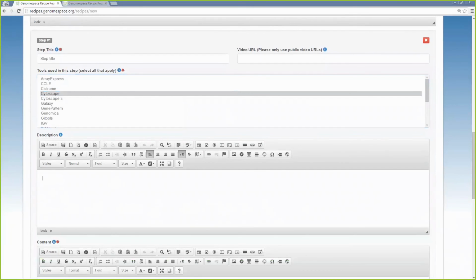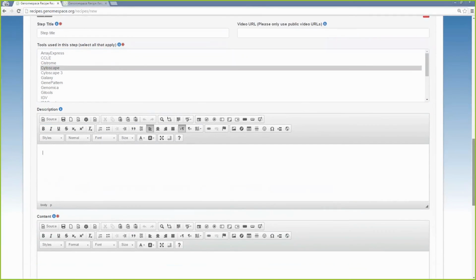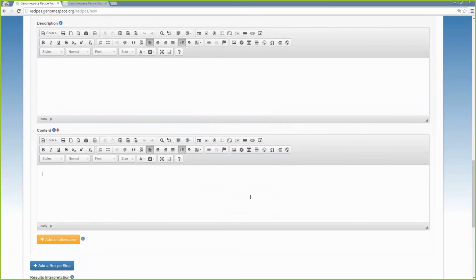You can add a short description. When the recipe steps were collapsed, we had a couple of sentences briefly describing what each step did, but this is not required. However, we do require content for each recipe step. And so here should be the information about what parameters you might want to change when you're running a particular tool or module, or the details about what that recipe is trying to accomplish. If it's converting a file format, if you're doing a complex analysis, all those details should be in here for people to follow along.